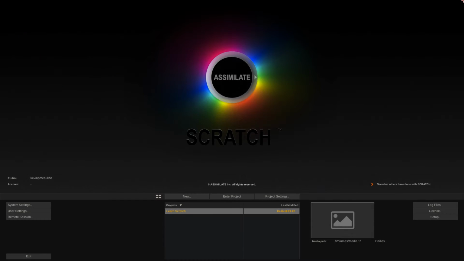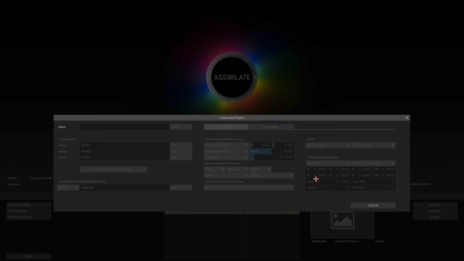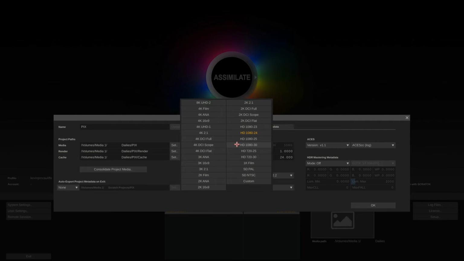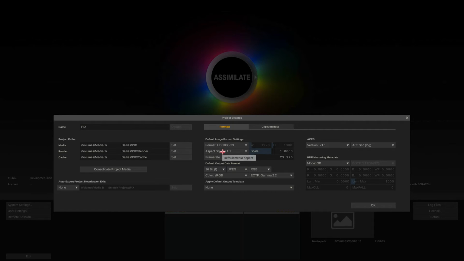Alright, so as you can see, we are on the main landing page for Scratch. What we're going to do is create a new project. I'm just going to call this project, appropriately enough, PIX. We will create that project. I'm just going to leave everything where it currently is as far as the project paths go. And we're just going to set our default project settings to be 1080p